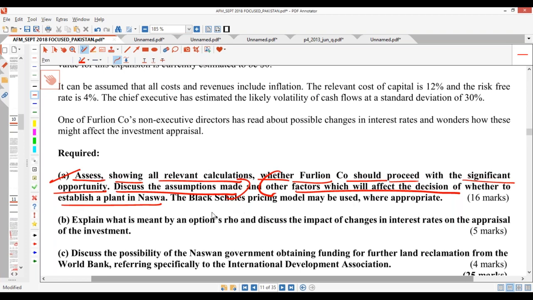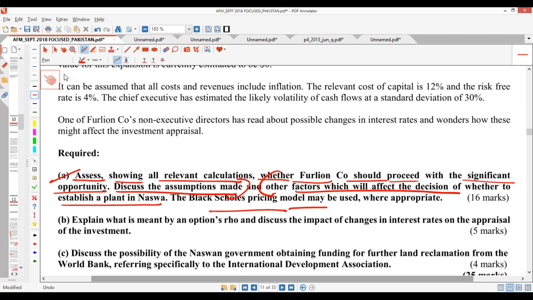Earlier. The Black-Scholes model may be used. All right, the Black-Scholes model may be used. What other options you have? Only that only we learn. Is that okay? The American models, we're not in. It's not in your syllabus in terms of computational, but you need to know the principle behind it, that you can exercise American options at any time you want. All right, 16 marks here.